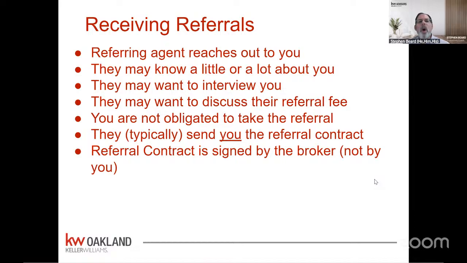The other thing you should know is that that contract I'm talking about is signed by the broker. It's signed by Eric or Eddie in this office, and in Oakland by Eddie or their team leader. Again, it's different in Fremont, and again in Palo Alto. But my point is that you don't actually sign it. It's broker to broker. And you then split with the brokerage, your brokerage split, afterwards.